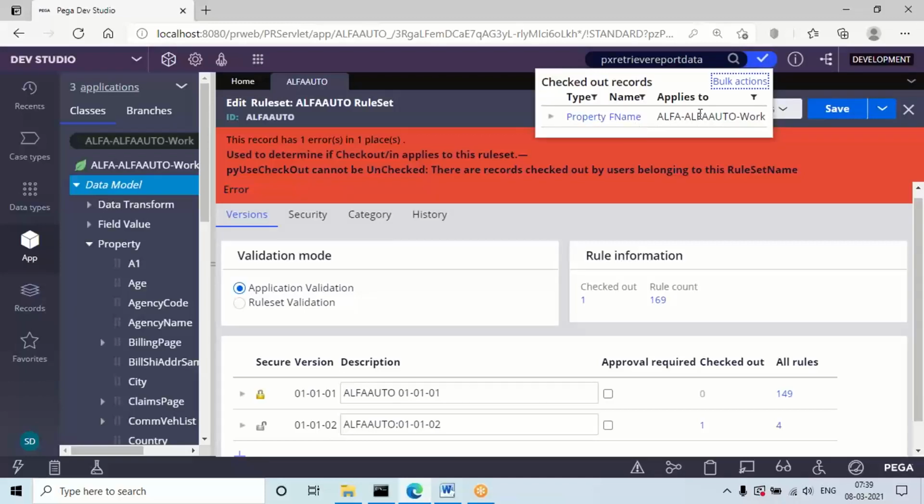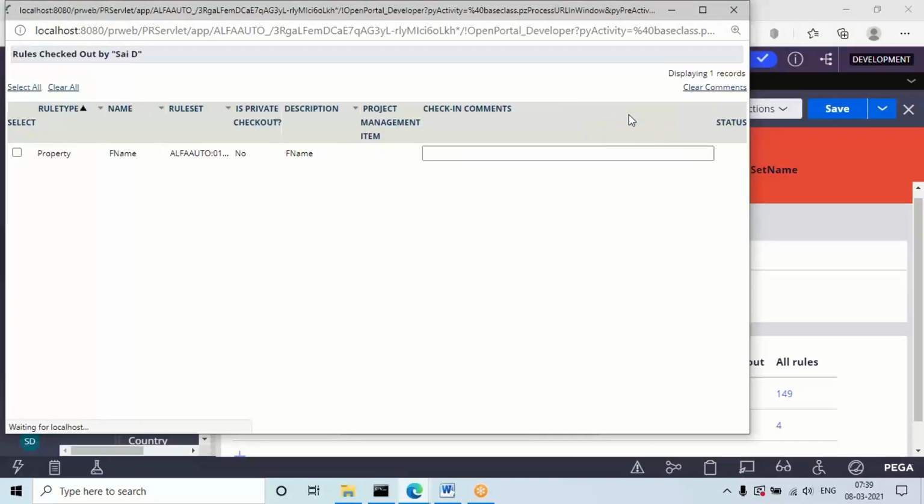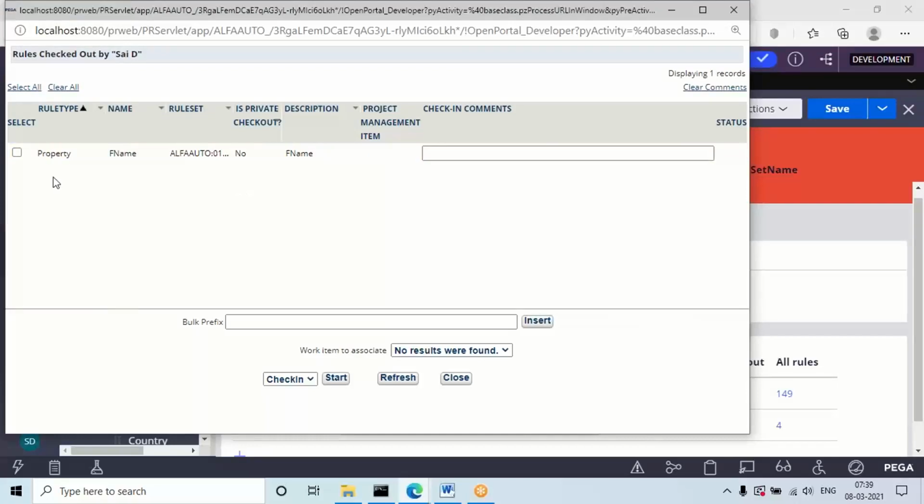So how to bulk check-in? There is no need to do individual check-ins. If we have 10 or 20 records and want to do a bulk check-in, click on these bulk actions. This process is called bulk check-in. In my application right now only one record is checked out. Enable this, or if we have multiple, select all of them and give a caption.